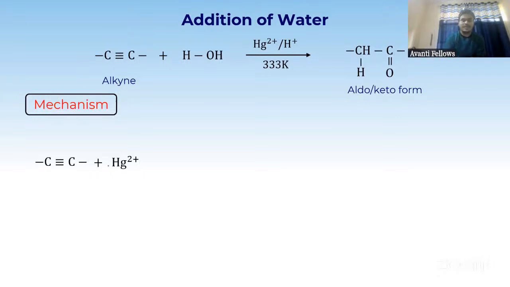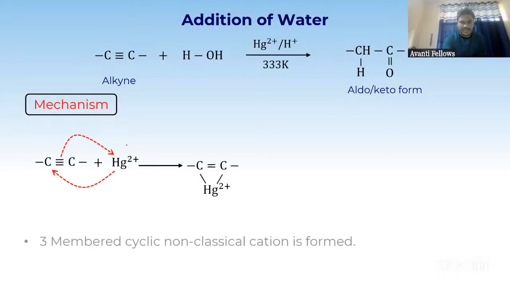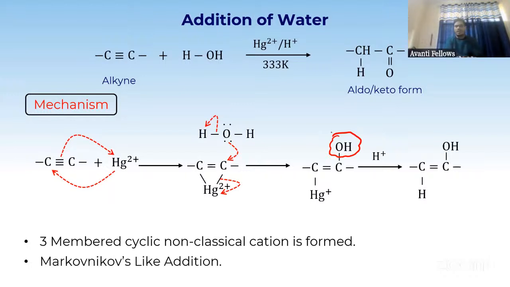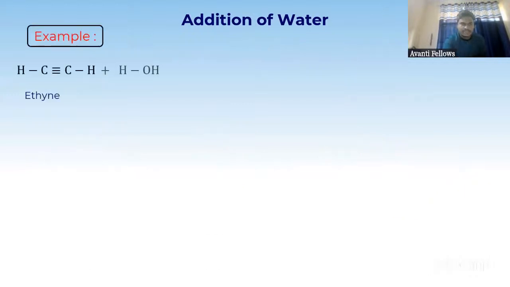सो इन द फर्स्ट स्टेप, द इथाइन पे अटैक किया Hg+2 ने, राइट, एंड फॉर्मेशन ऑफ थ्री मेंबर साइक्लिक नॉन क्लासिकल कैटायन इज फॉर्म, राइट, थ्री मेंबर। नाउ अगेन H2O कम्स इनटू द पिक्चर, जहां पे H2O के पास लोन पेयर ऑफ इलेक्ट्रॉन है, तो वो H2O को इजिली रिलीज करने में हेल्प करेगा। देन हम लोगों का ये फॉर्मेशन होगा अल्कोहल का, जो कि बिल्कुल भी स्टेबल नहीं होगा, पॉजिटिव चार्ज Hg+ पे। तो यहाँ पे H+ निकलेगा और इनोल फॉर्म का फॉर्मेशन हो गया। सो इनोल फॉर्म बना, फिर ये आपस में टॉटोमेरिज्म शो करेगा, और शो करके CH3CHO का फॉर्मेशन हो जाएगा।